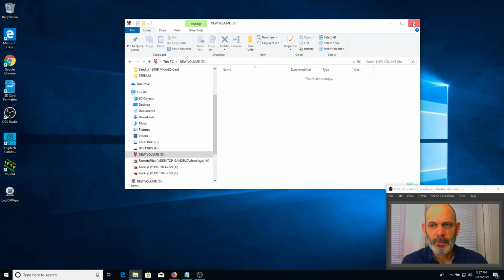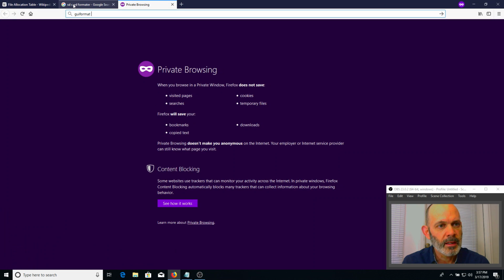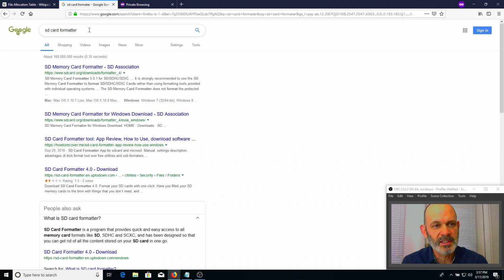One of my favorite tools, and I didn't even think it was going to be, is this SD card formatter. I got this from sdcard.org. I'll show you that here. So just Google SD card formatter, and then you'll see all these links down here. And where you want to go is to the SD card formatter